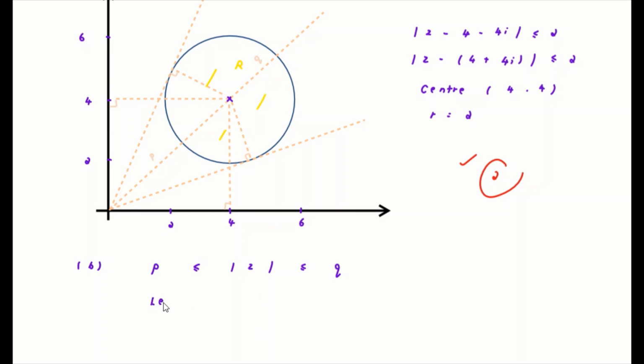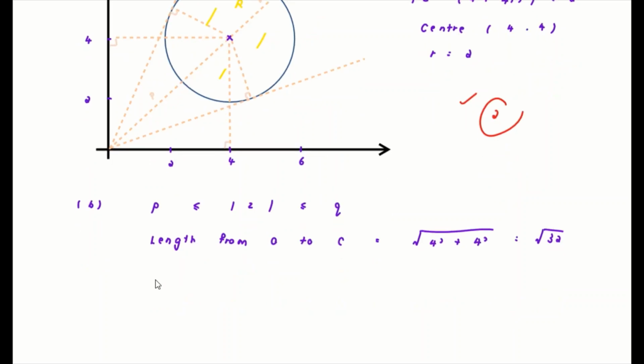So maybe let's try to find out the length first. The length from origin to center is equal to square root of 4 squared plus 4 squared. That is 16 plus 16, square root of 32. For P, it will be equal to square root of 32 minus the radius of the circle, which is 2. Just by using your calculator, write down your answer in 3SF. Then the other thing is Q. It will be square root of 32 plus 2, which is